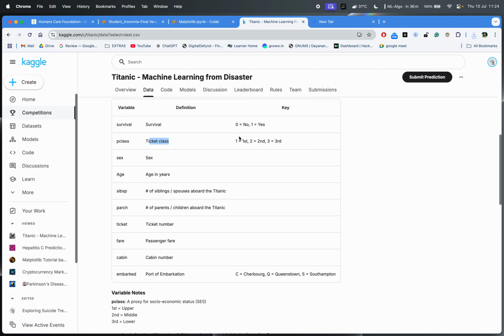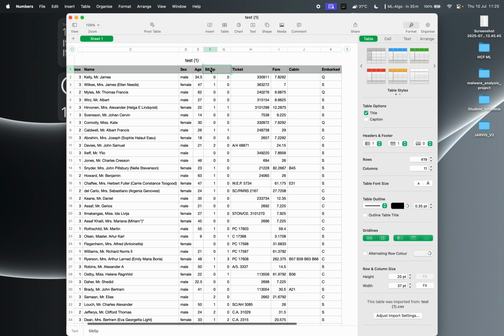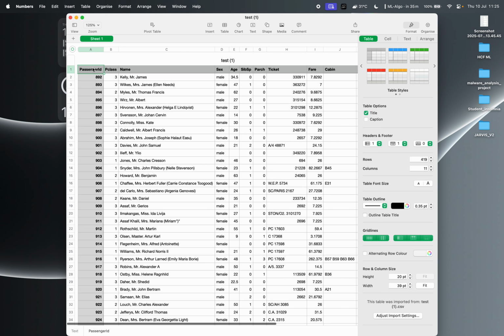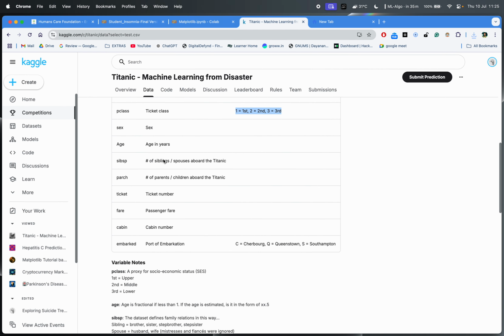That is ticket class: first class, second class, or third class, right? So in case, let's say, what is SIBSP, we don't know, but we can understand age, gender and sex. Then passenger ID we can understand, but we can't understand this part, SIBSP. So go back and check for SIB. So that is siblings, number of siblings or spouse